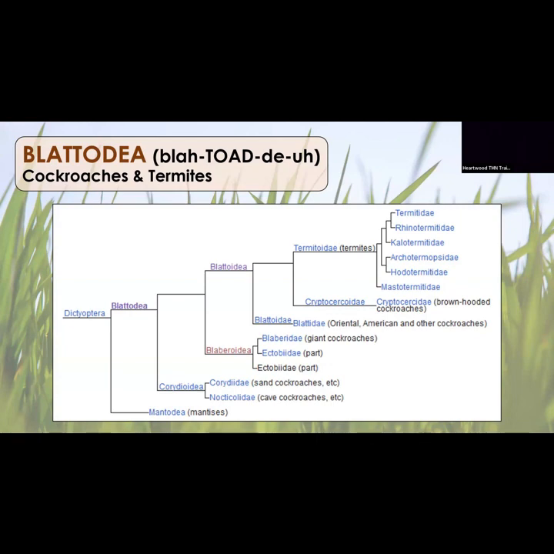And so the next one is everybody's favorite, cockroaches and termites. Woo! Don't worry, it'll be quick. So this phylogeny is all to say, when I took entomology, there was an order called Isoptera. Isoptera is not really around anymore. It kind of is used, but it isn't. All that to say that the relationship between cockroaches and termites is intertwined. They're actually very similar. So here you have this common ancestor.